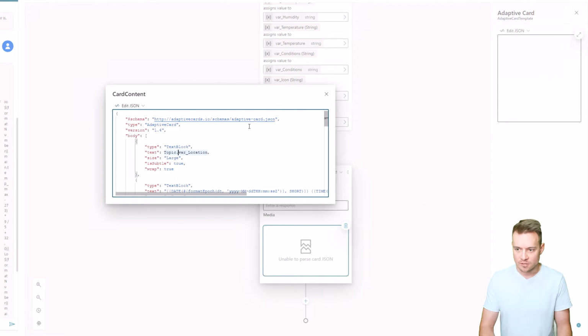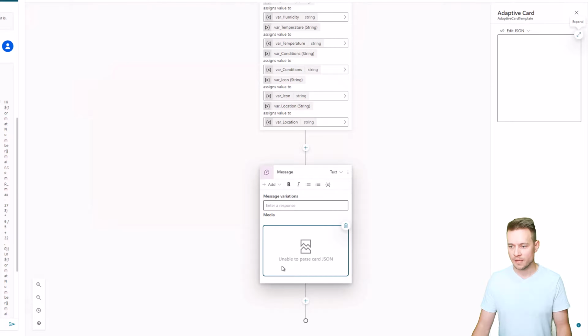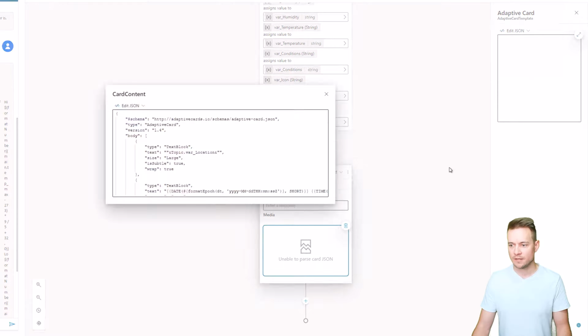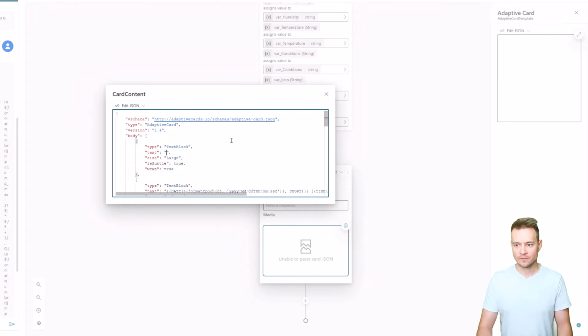If I try to do anything that we know from Power Fx, like the concatenation, this is still not going to work. This is still not going to allow me to use this adaptive card because it is still invalid JSON. So here you are unable to do any kind of dynamic